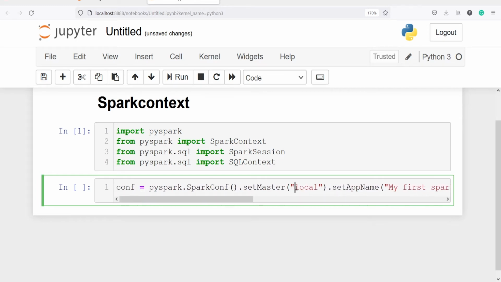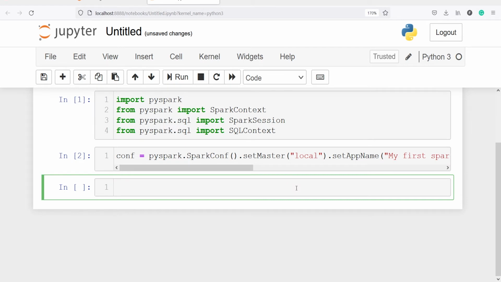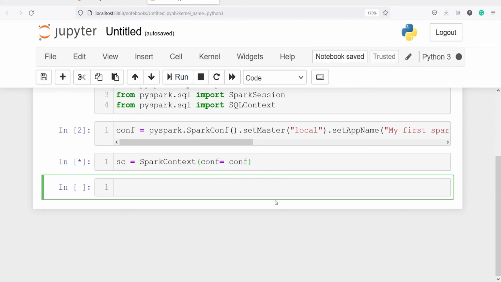Let's execute our code. Now I'm going to create this Spark context. So I'll make one object sc, and now I will call this class Spark context, which we have imported here. So I will call Spark context, and in this I will pass our configuration. So I will write our parameter conf is equal to conf. Let's execute our code, and this will create this Spark context. And once this Spark context is created, you can perform any operations. So it has created this Spark context.